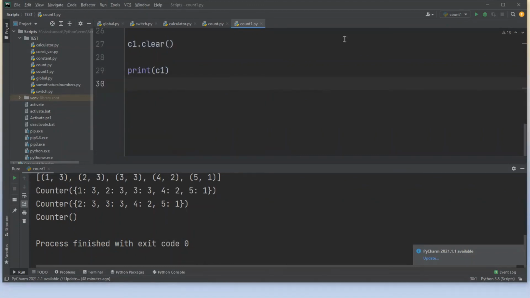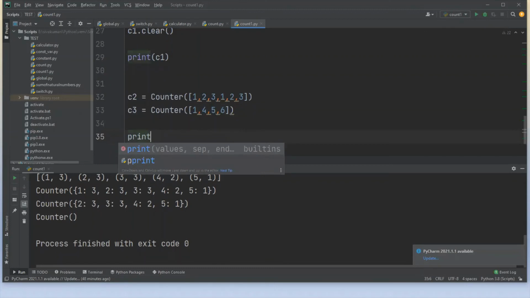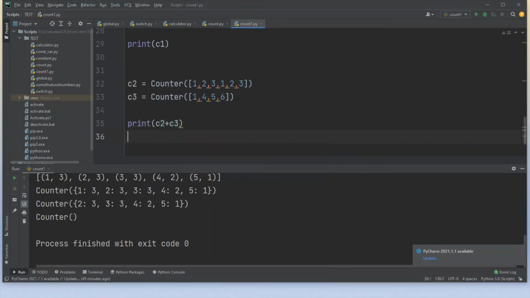Now let's see counter arithmetic. For that, I'm going to create two counters, C2 and C3, and I'll apply addition and subtraction on C2 and C3. So let me print C2 plus C3. Going to print C3.